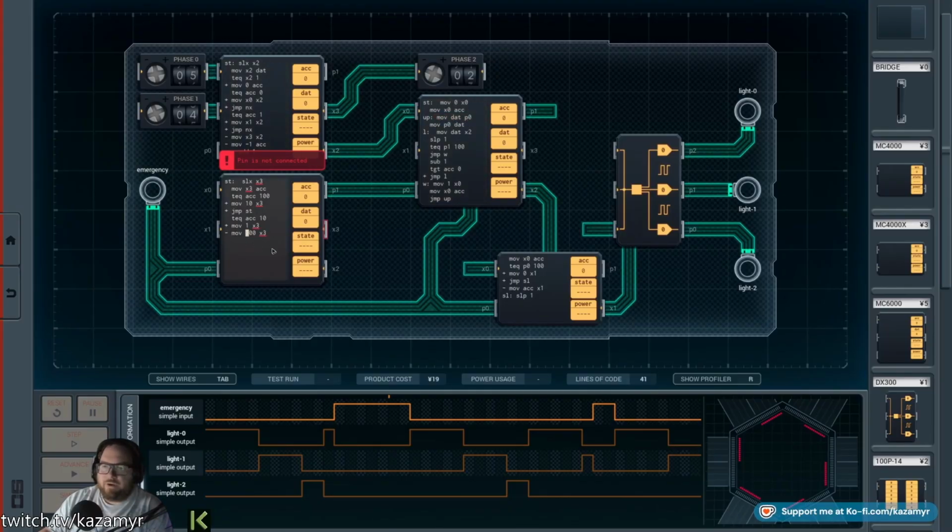And then we're going to go over here. And then this one's going to read P0 too. So we're going to test equal P0. If P0 is equal to 100, we're going to move 100 into dat. We're basically going to reset the light. And then we're going to test equal P1. If P1 is equal to 1, then we're going to move